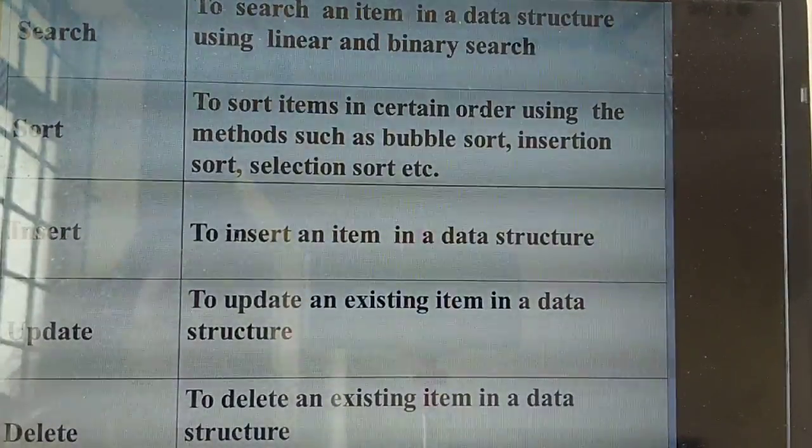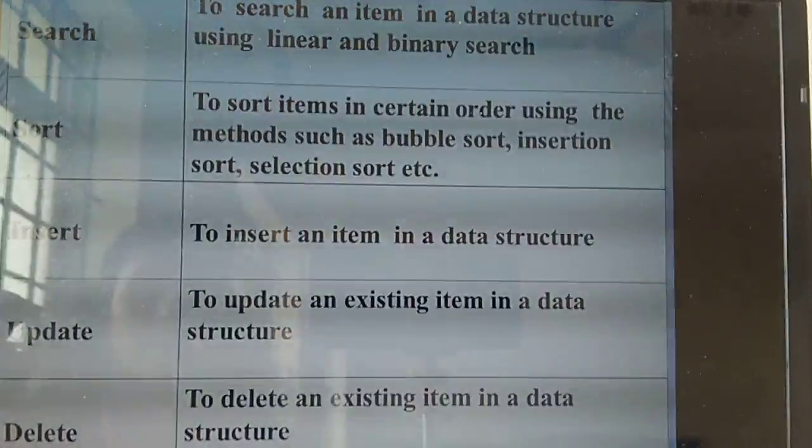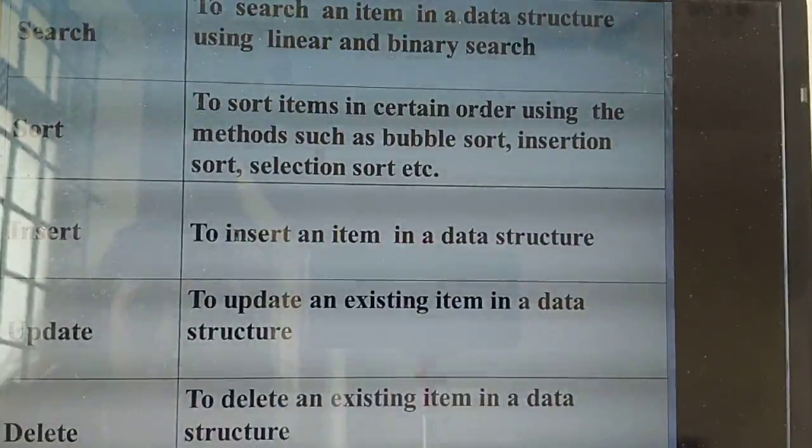What do you mean by sort? To sort items using methods. What are the methods? Bubble sort algorithm, insertion sort algorithm. Next one is